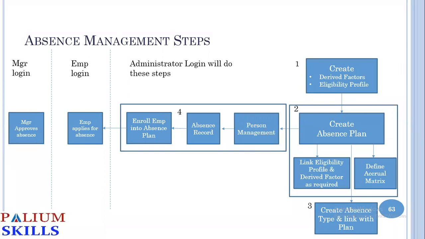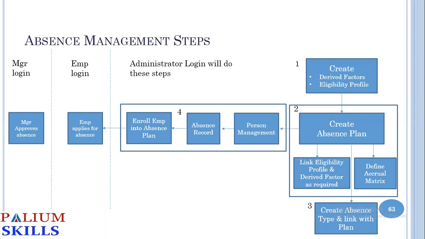So the absence plan basically contains the different details about the plan. What type of absence is it? Is it maternity? Is it vacation? Is it a normal plan? Now, in some countries, they have started what we call a donation plan, where employees can donate their leave. Suppose someone has 10 days extra leave that they are not using this year, they may decide to donate 5 of them to the common pool, where it can be utilized by somebody who needs those 5 days extra. So those are the absence plans.